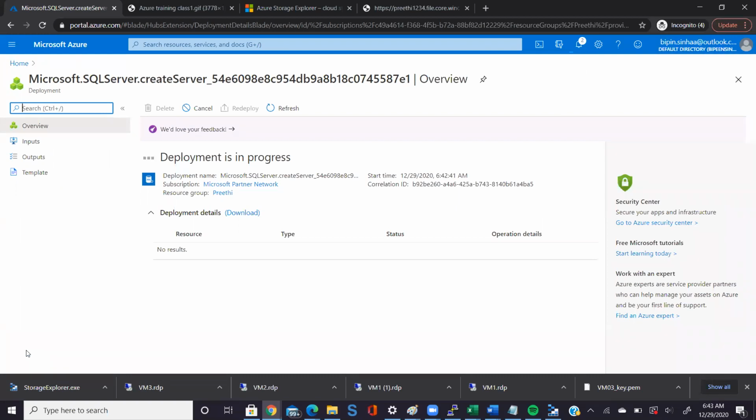Meantime, now remember, when you are creating a server, it's a very tedious task, right? But in Azure, you are running this server very easily.